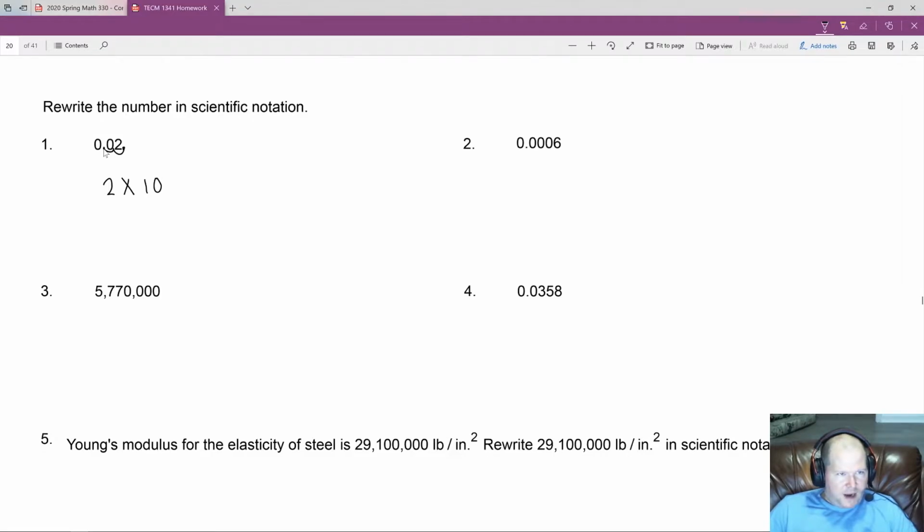Okay? And the power is going to be the number of places you had to move the decimal place. Now, if the original number was smaller than 1, it's going to be a negative exponent. If the original number was bigger than 1, it's going to be a positive exponent. So in this case, 0.02 is a small number, smaller than 1. And we had to move it 2 places, so it's going to be a negative 2 exponent. And the general form of this is something like a times 10 to the nth power, right? So the next one, it looks like we have